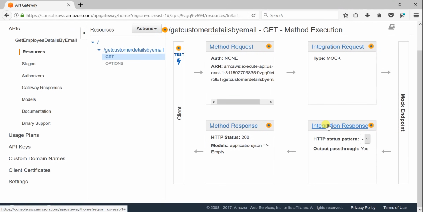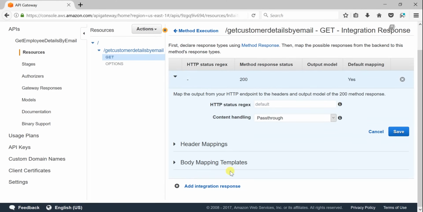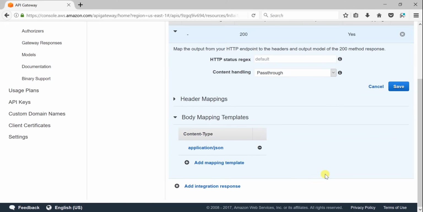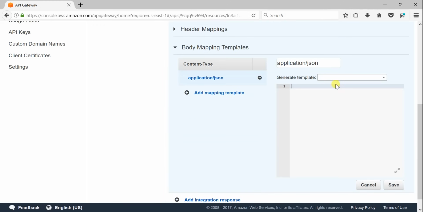Select integration response. Expand this section and expand body mapping template. You can see there's already a content type defined for that body mapping template. Select that one and generate a template here. You can select any one of the existing things, empty or error, but we are going to return a custom response on our own. So that will be a sample JSON that we are going to create on our own. Okay, so the JSON would be